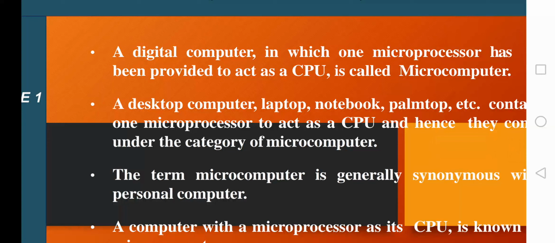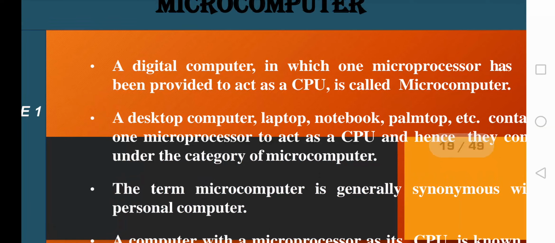You have to note one thing: only a single microprocessor will be there to perform the entire operation. More than one microprocessor won't be there. Whatever operation you want to carry out with the help of a microcomputer will be done with the help of a single microprocessor. There will be a single processor acting as the CPU in a microcomputer. Don't think that more than one processor can be embedded in a microcomputer. Only one microprocessor will be acting as the CPU to do whatever operations are assigned to this particular microcomputer.